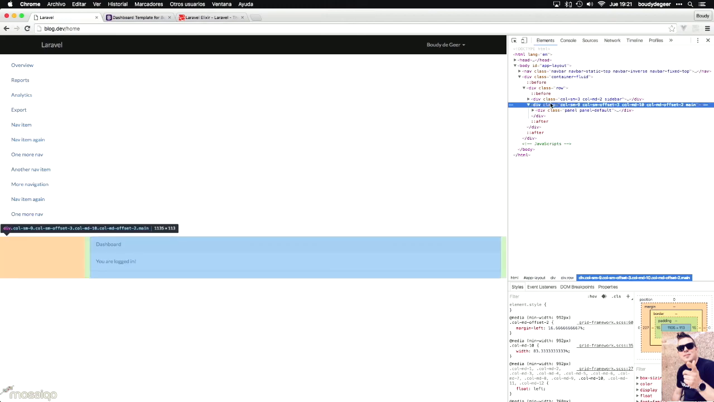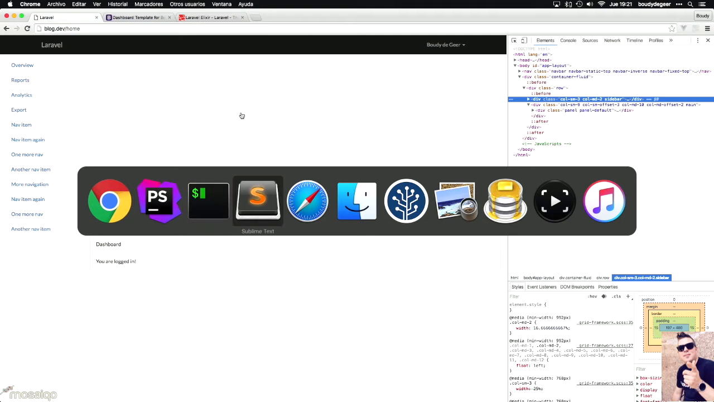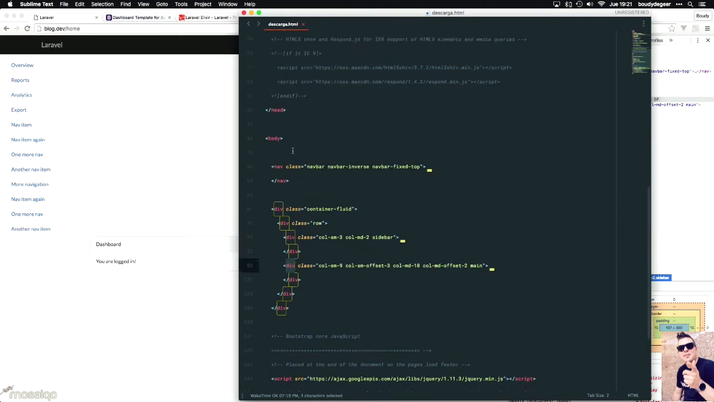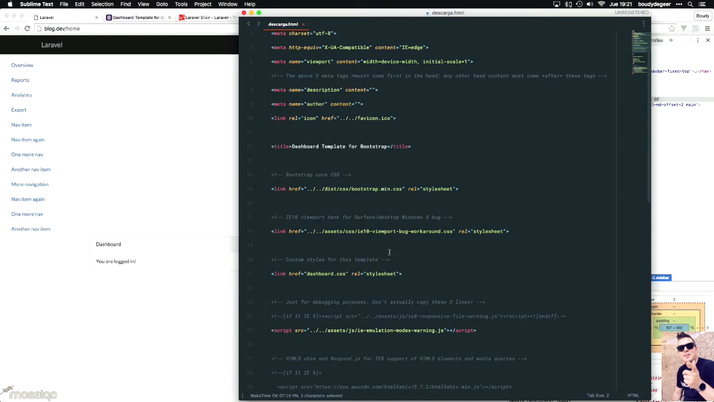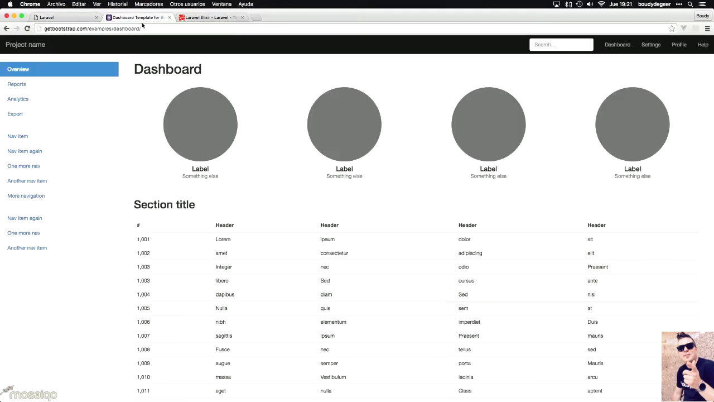Anyway, it's not working like expected. Let me have a look. Why? The sidebar is first, and there's no... Oh yeah, there's an additional CSS you can see. Okay, we did not load it, but yeah, we can do it. We can just